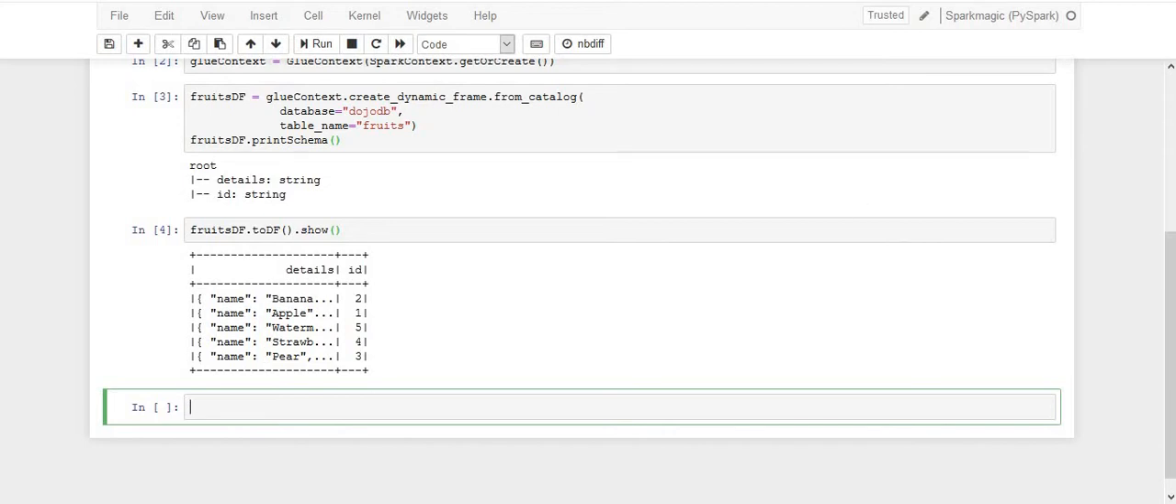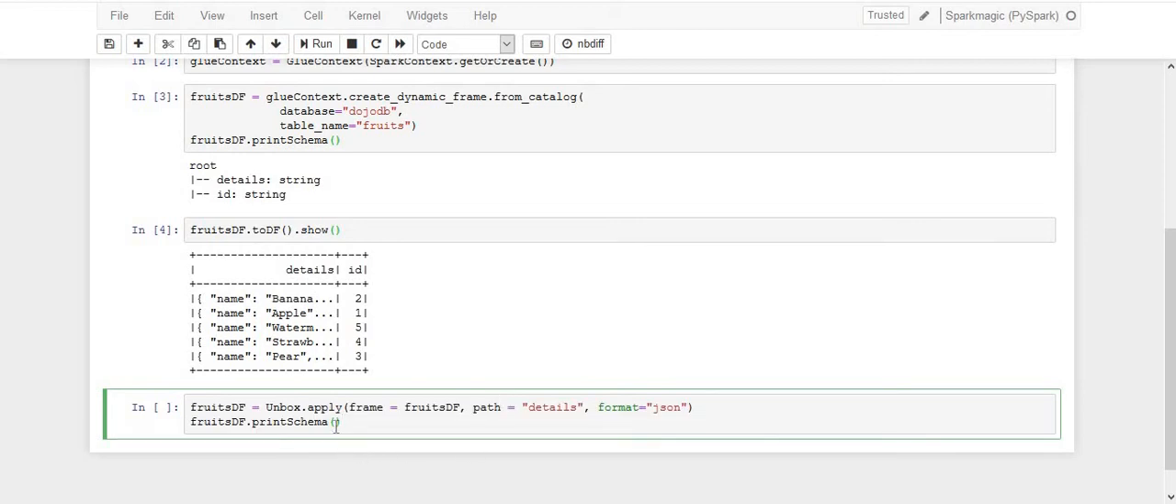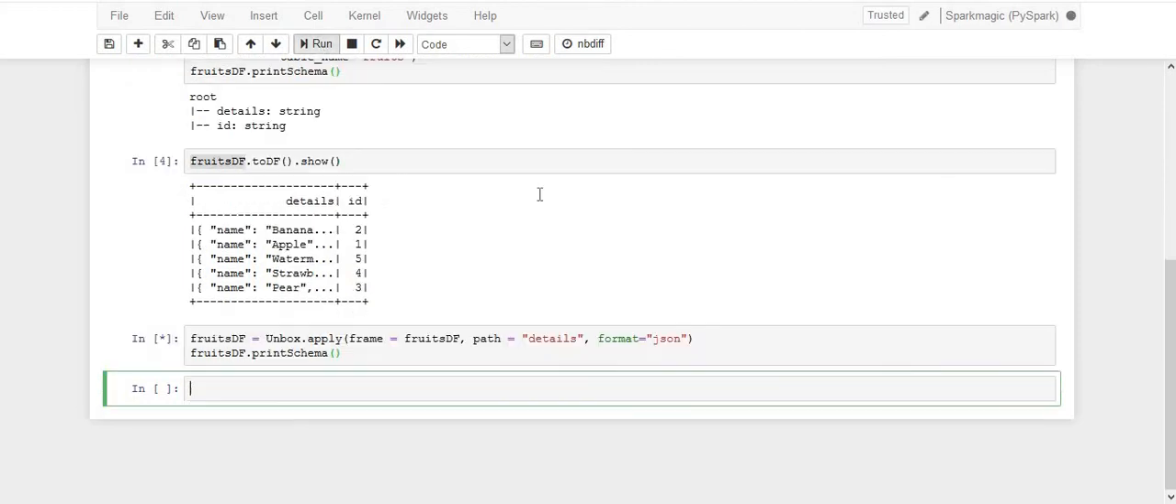Okay. So now what I'm going to do is an unboxing transformation on this. For that, I will simply perform the unbox.apply transformation, and I'm applying this on the fruits data frame. The column which is holding the JSON document which I want to unbox or convert into a structure is details. So all good. And then the format of the string is JSON here. And then I'm populating this back to the same fruits data frame. And then I'm going to print the schema to see how the schema now looks. So if I run it now,